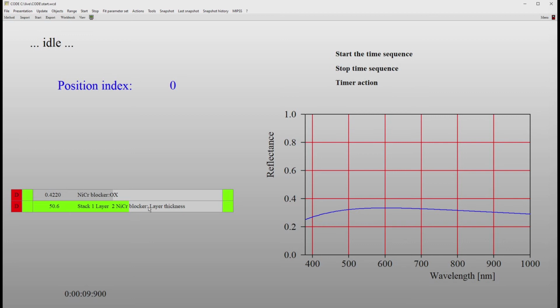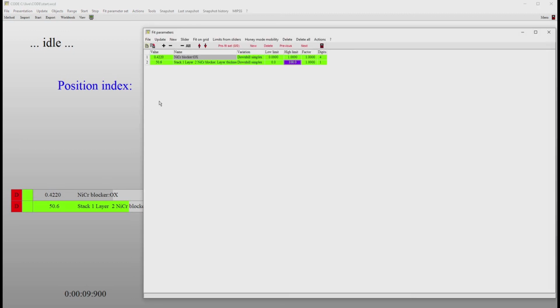So what I can do now, I go to the list of fit parameters, and instead of having a downhill simplex variation for automatic fitting, I press F4 to go backwards in the sequence of possible variations, and when we have an empty cell here, we can enter a user-defined expression. And for the oxygen concentration, or the oxygen parameter of the nickel chromium, I will use this expression. I will use the position index as a variable, and I would like to divide that by 100 so that we have a linear increase,